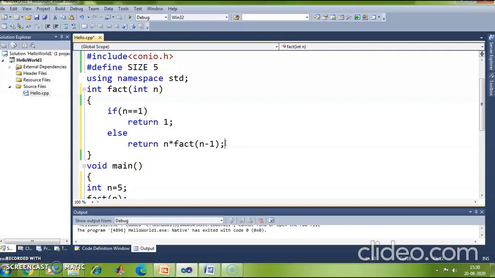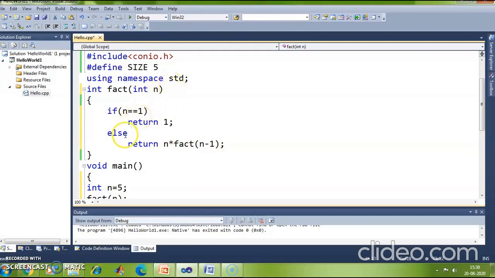Okay. So if the number is other than 1, it goes to the else part and returns n into factorial of n minus 1, 5 into factorial of 4. So that means I am calling factorial of 4. Once I call factorial of 4, n value will become 4. Is it equal to 1?